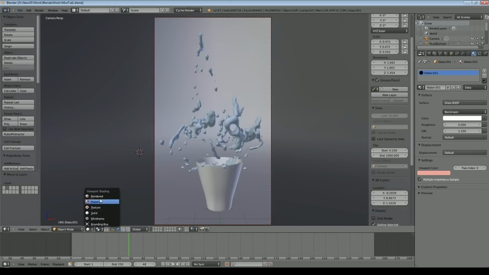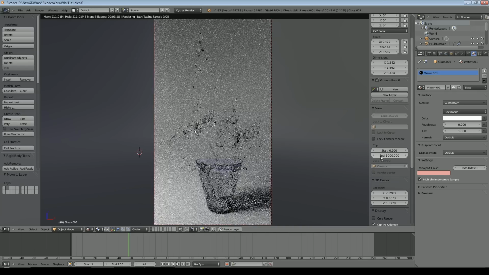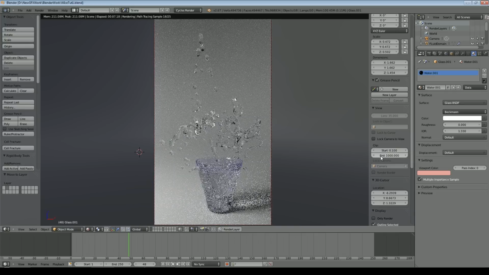Just a low resolution render. And you can see, yes, it's okay. Obviously the lighting still needs work, but we've basically got what we're looking for. We've got a lot of water particles in the scene, or blobs of water. We're getting some caustics on there, and obviously there's the glass.